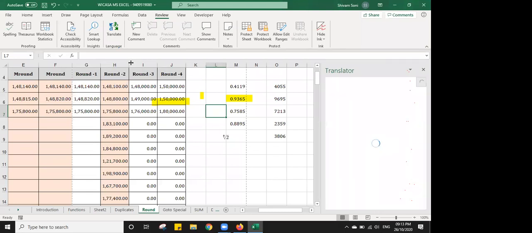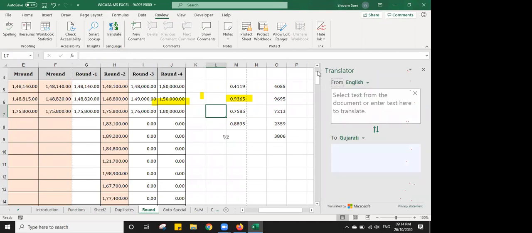If you are using your Word and you want to translate your Word file from one language to another language, you can simply select this translate option, and your whole English file or any file will get converted into any language. Like suppose I will write something over here. Audit report, and it will convert it to audit ahval, and you can simply press insert. You can get your data translated easily.